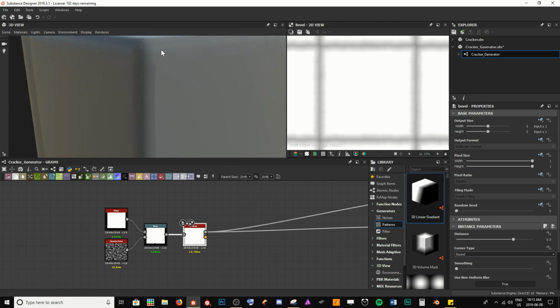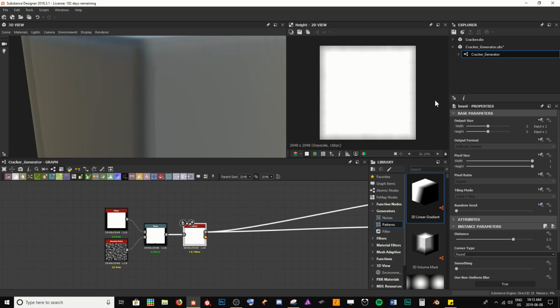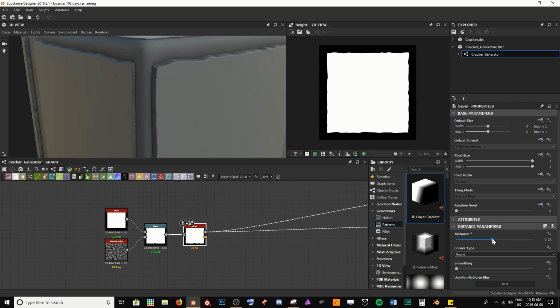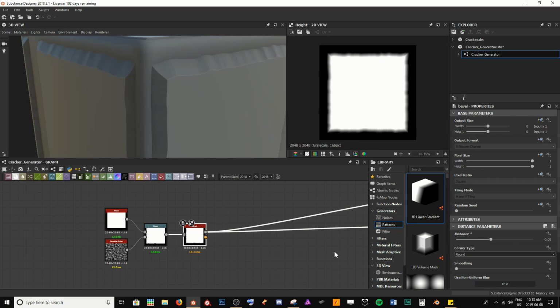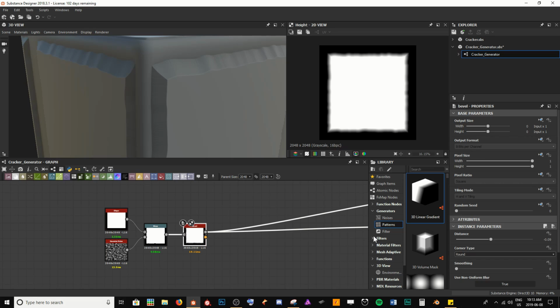But I don't want that. I want to have a little bit of a black gap like we had in this texture here, so that we can isolate these crackers, the actual island of the cracker itself. So I'm going to come back into our bevel, and I'm going to take our distance and decrease that all the way down and actually bring it into the negatives, so the bevel starts to eat away from our initial shape here,